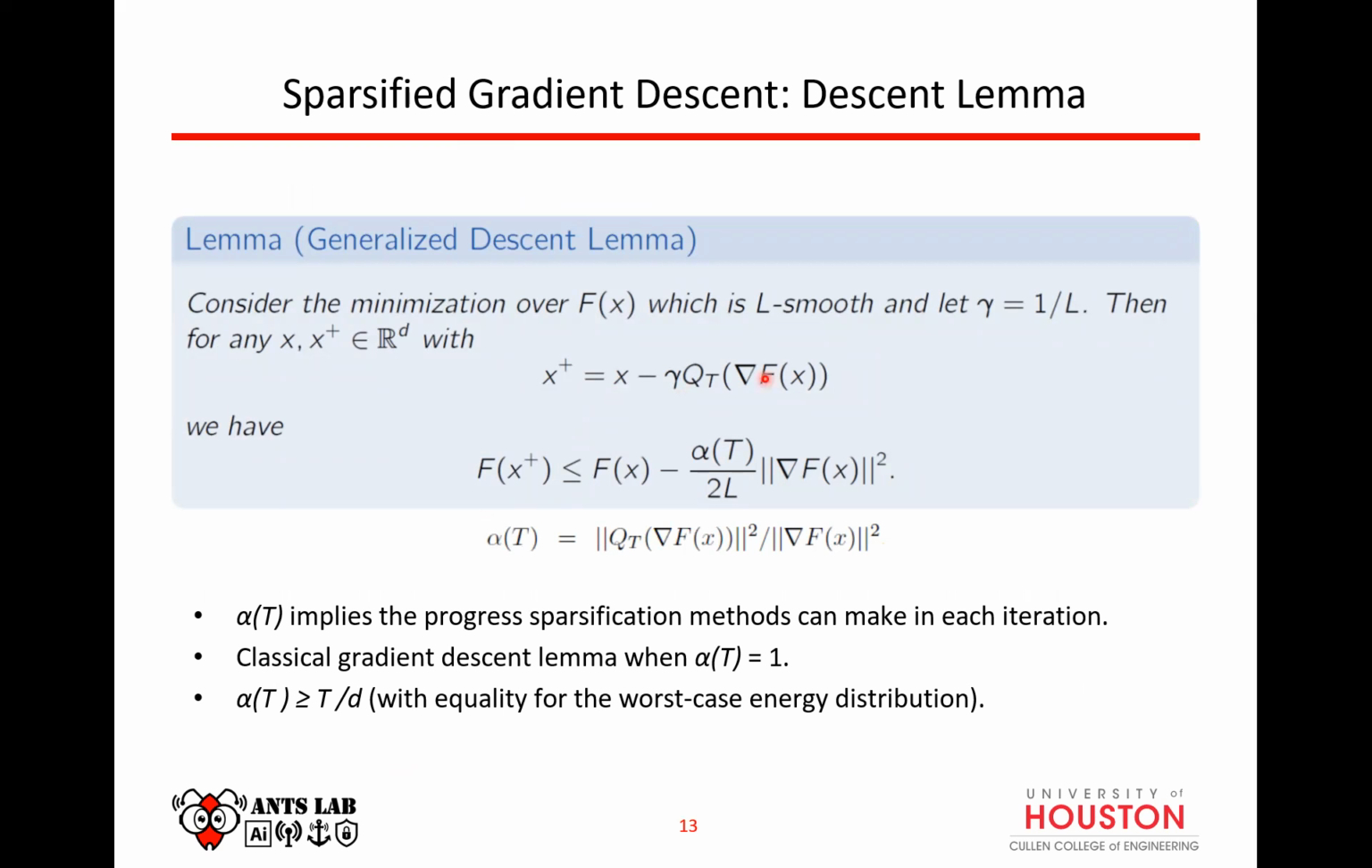So given this kind of an update rule, and if you have a step size equal to 1 over L value, they show that the objective update is going to be of this way, where this alpha t plays a major role in defining your convergence. So we can see that this alpha t implies any kind of progress your sparsification method can make